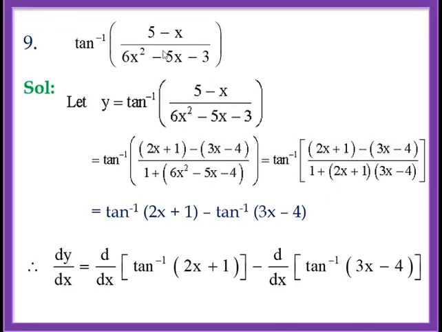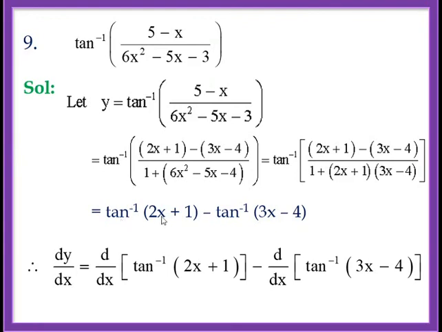See, in some textbook, I remember by mistake it was 5 plus x. So students said that this cannot be differentiated. Yes, this can also be differentiated. The only thing is you cannot simplify this. So in that case, you have to say that this is u, derivative of tan inverse u is 1 upon 1 plus u square into derivative of this, for which you have to use quotient rule. But here shortcut method can be used.